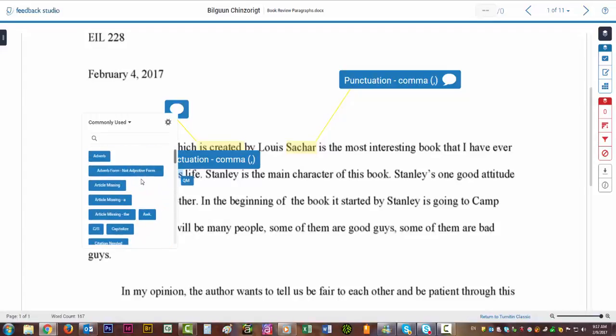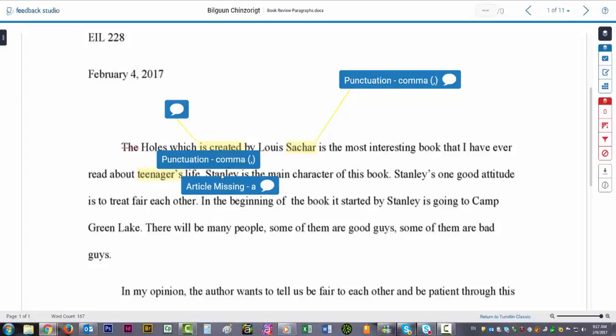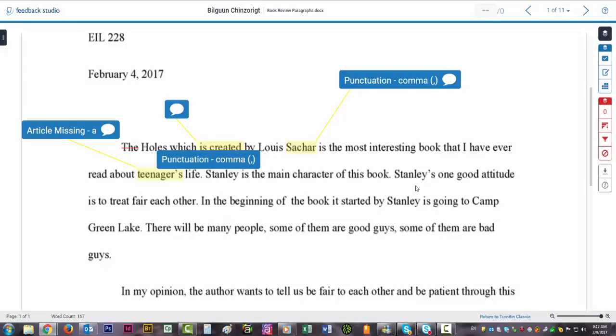So the book Holes, which was written by Louis Secor, is the most interesting book that I've ever read about a teenager's life. Of course, they forgot the particle, or the article. So I added that for them, and then again with a quick comment right there. So that's kind of the gist of how you would use